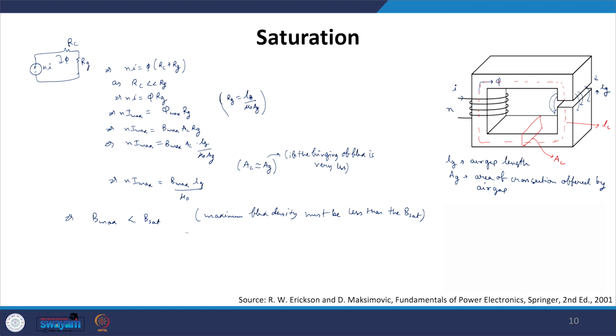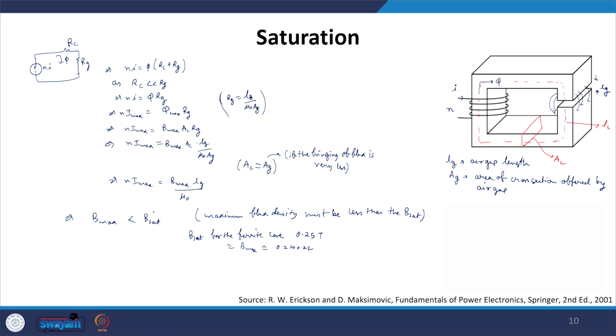For example, the Bset value for ferrite cores is generally kept somewhere around 0.25 Tesla. So you can then take your Bmax value somewhere between 0.2 to 0.22. Depending upon the circuit operation in which the inductor is kept, you can obtain the Imax value, and from the Imax value you need to ensure that Lg and the number of turns are kept in such a manner that the Bmax value is less than the Bset value. So that is one of the checks one has to ensure.